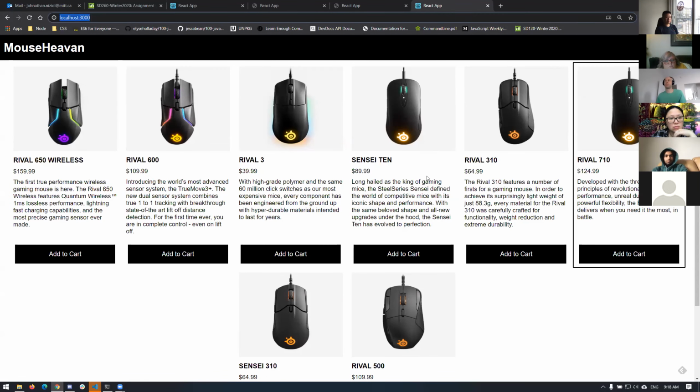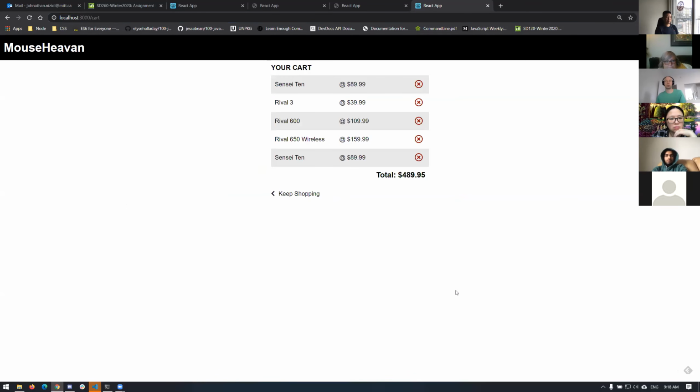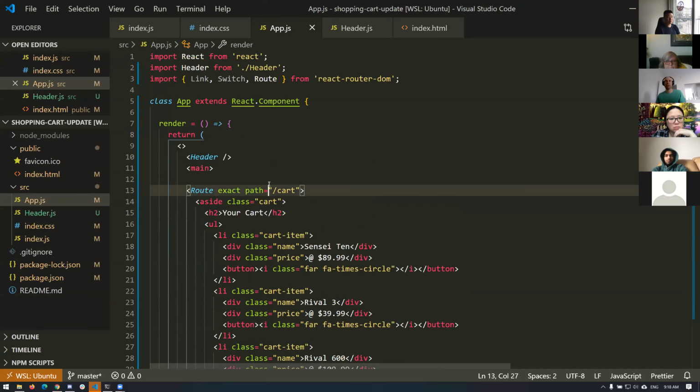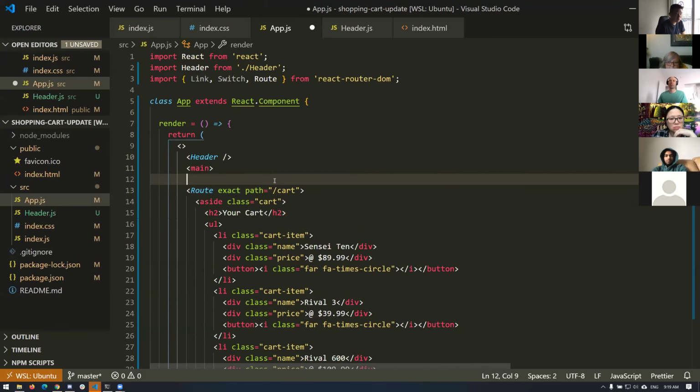Localhost 3000 works. It's got no cart. And this URL actually goes to cart, even though it's not properly working yet. And cart works. Okay. Now this shouldn't work because it's missing